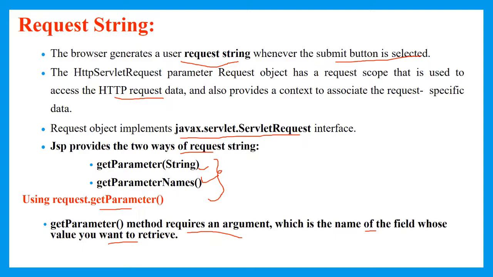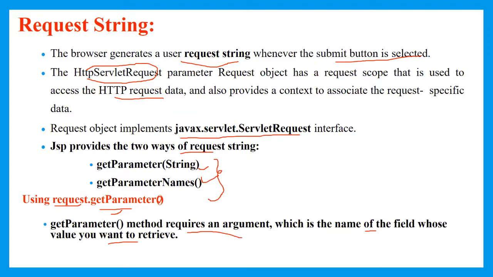The getParameter method takes one argument of type string, that is the name of the field whose values are sent, and the return value of getParameter is assigned to a string. getParameter is a method belonging to the interface called HttpServletRequest. Through the object of the HttpServletRequest interface, I need to invoke the method called getParameter. In JSP, the default request interface object is request. Using request.getParameter, the method has been invoked.